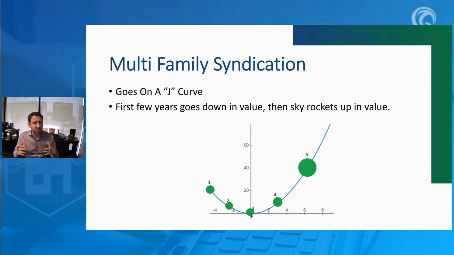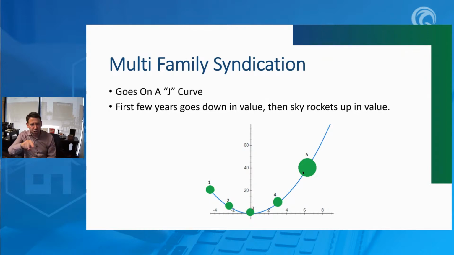Well, first off, remember, we have to buy the complex. So we're buying it for, and think of it just like a rehab, $100,000. Now we have to put all the money into it to try to build it back up. Well, that process takes time. It's a non-liquidatable asset. I can't just request my money back. So all these things, since it takes time, are going to make the syndication go down in value. This is a good thing because when it goes down in value, by year four, they usually start to develop a base. In year five is when they either sell it, or rehab it, or refinance it, and pay back all of their investors.